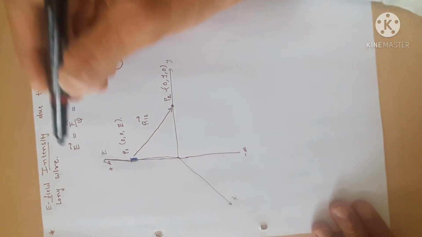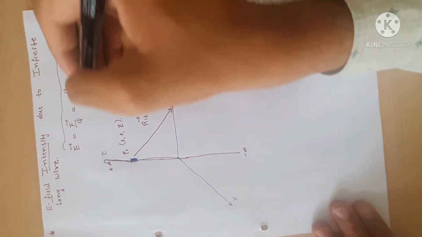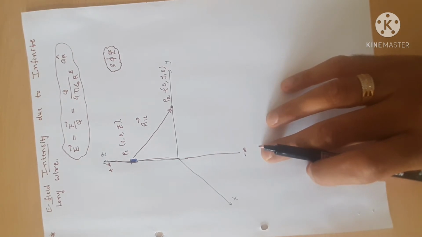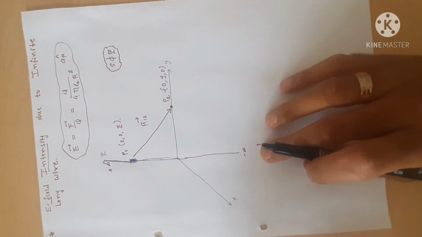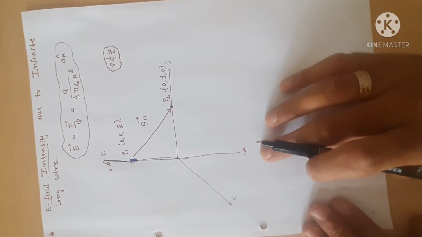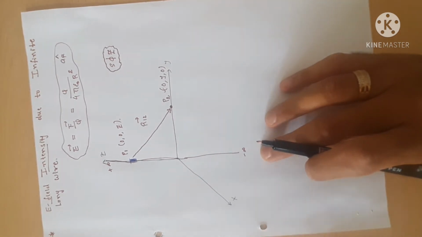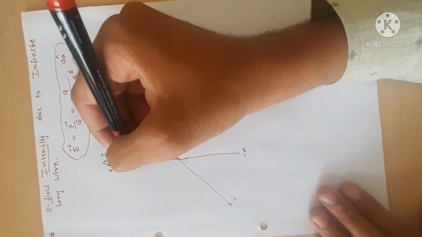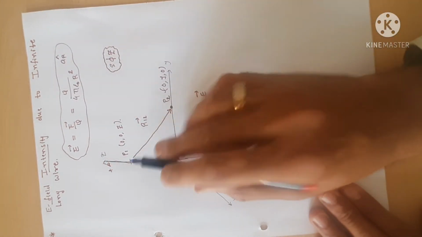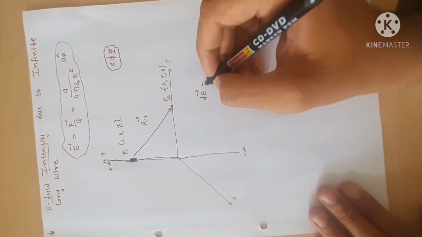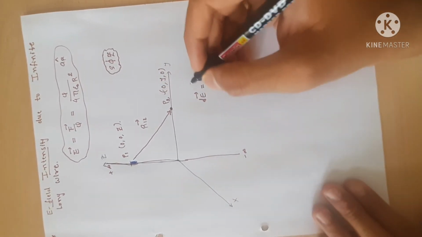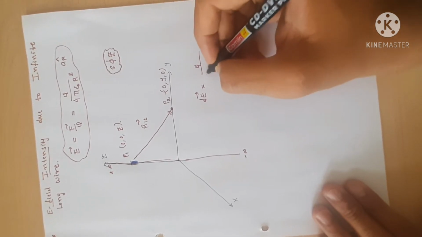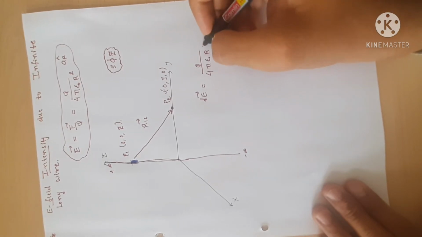Now using this equation, we can find the electric field intensity at point P2 due to this infinitely long wire. So let us start to derive the equation. The electric field intensity is E vector, but for this small element, this small filament, it is a differential electric field dE at point P2. dE vector is equal to Q upon 4 pi epsilon 0 r square into AR.